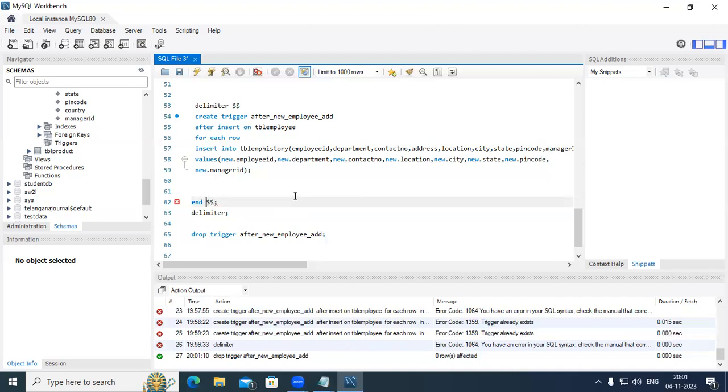Okay, so if I go with the end $, this has to basically work. What could be the reason why it is not adding for us? So delimiter, I set it as $. You can put even something else. Okay. So where I was missing basically is